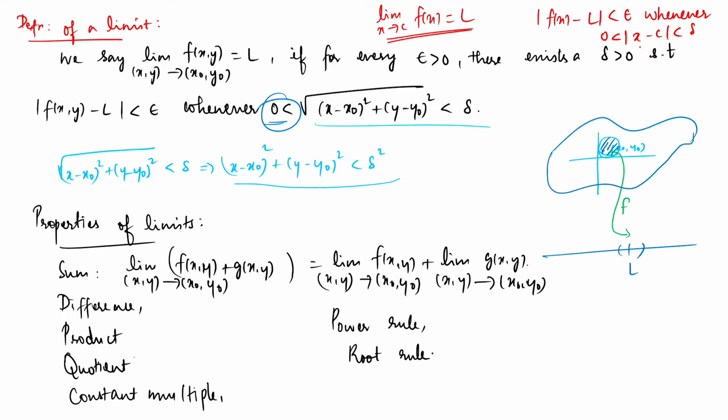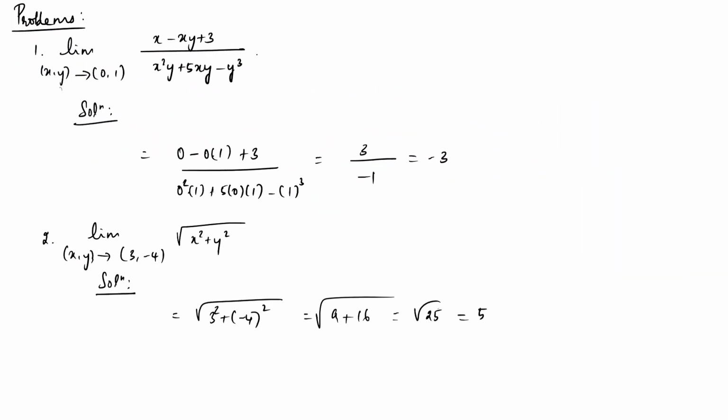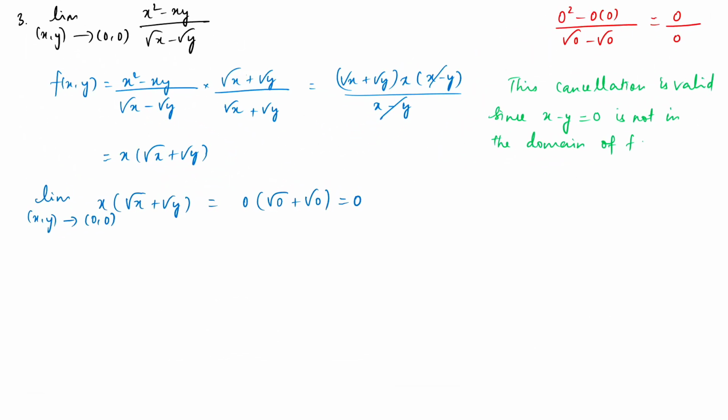We have extended the same idea to a two variable case and saw these things, and all those properties that are applicable for the one variable case can also be extended to the multivariable setup. So these are some primary examples by which we saw how to calculate limits in the previous lectures. Now we will start with some examples of calculating the limit, and then we'll move to the concept of continuity of several variables.